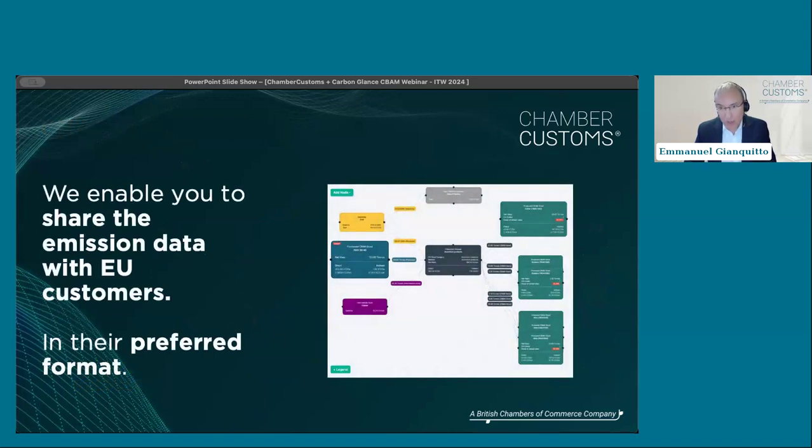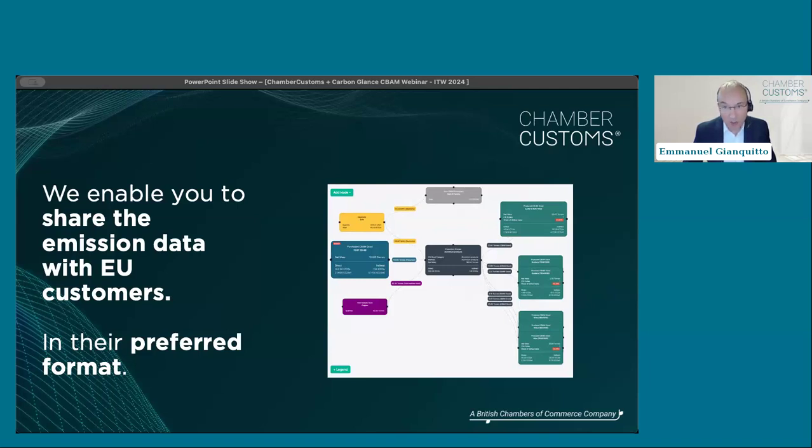Now, this is where we have been using a solution. We looked around quite a lot on the market to see what solutions were available, and we've been using the solution that Carbon Glance created, and it works quite all right for us. What you can see here is purposefully quite small, to show you a visual representation of how the different elements flow.